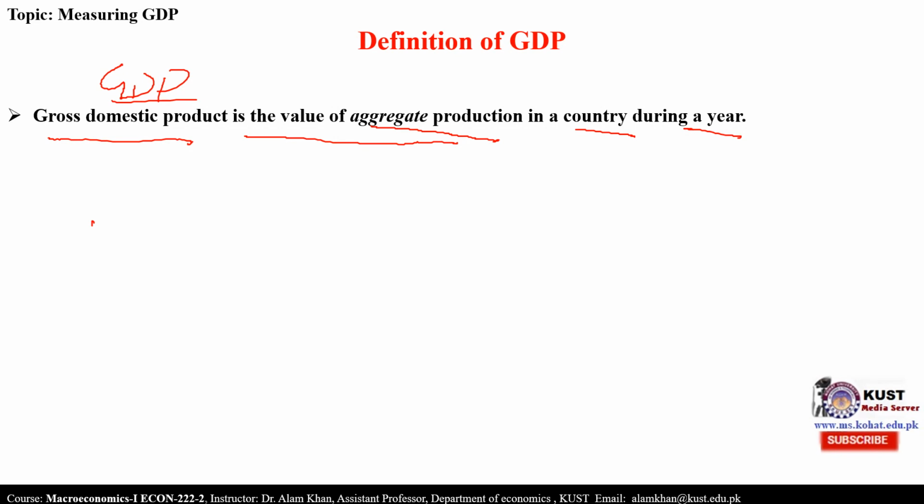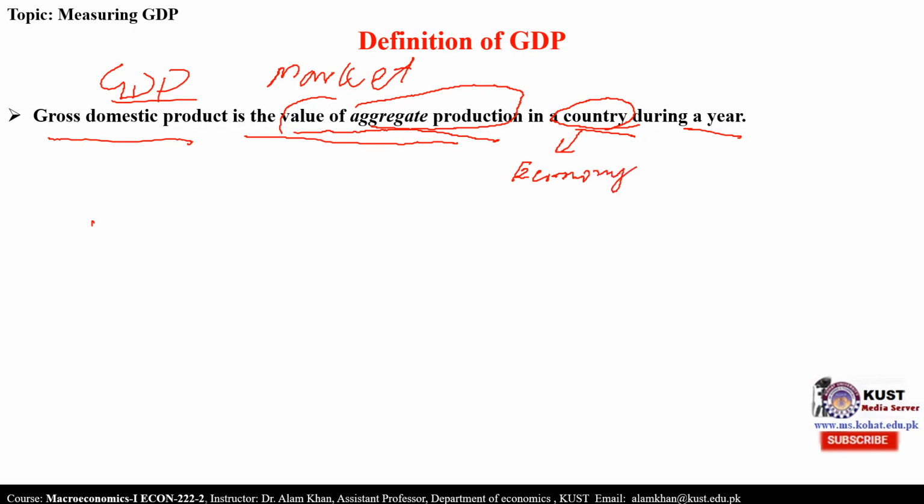If you look at this definition, it's a market value. Whatever is produced in the economy, the value of that particular item in a particular country's economy, for example Pakistan, whatever is produced in the Pakistan economy,